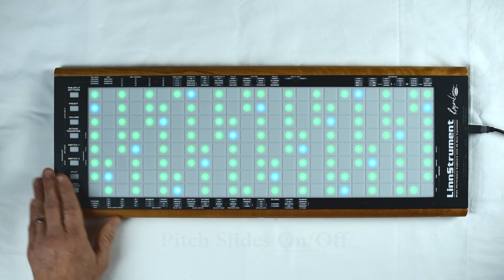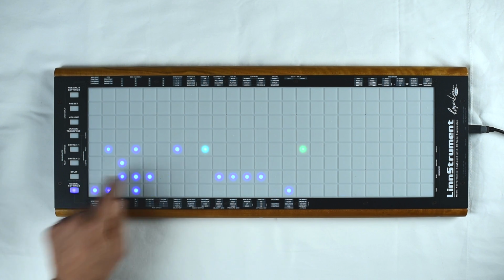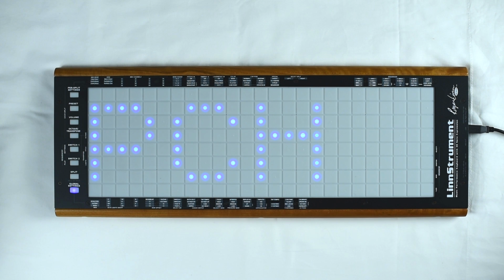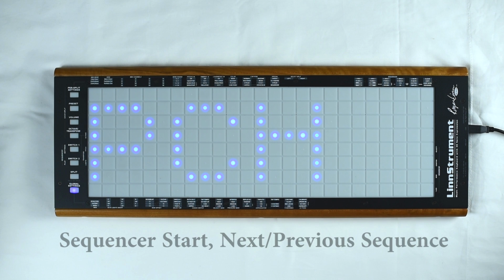So that's a handy one too. And let's see what we've got next. Well, there are actually 3 more which are only available to the 2 foot switches, and they are sequencer start, stop, and for the sequencer you have 4 sequences for each split, and it'll either allow you